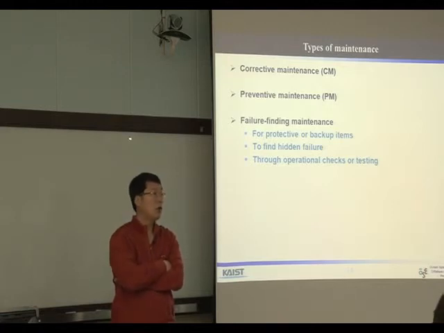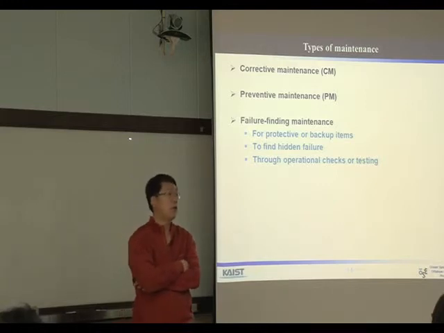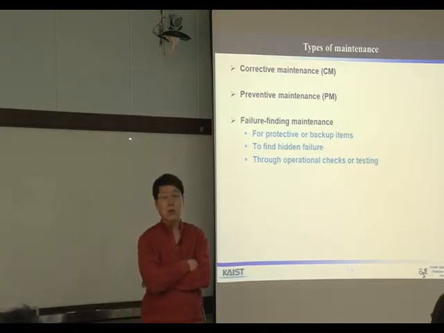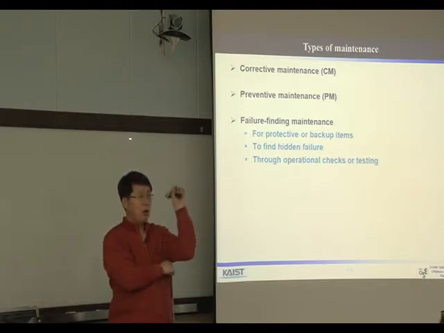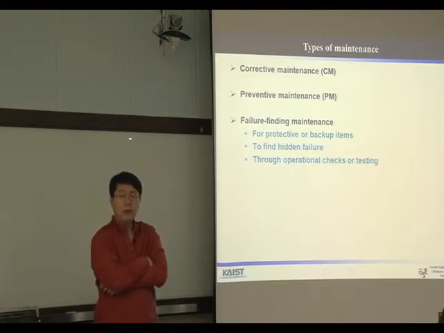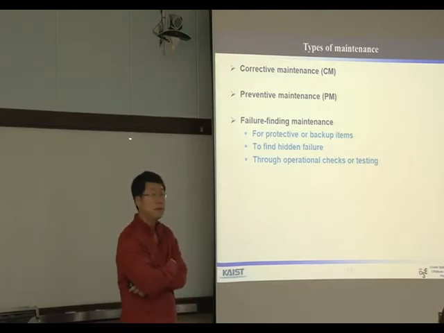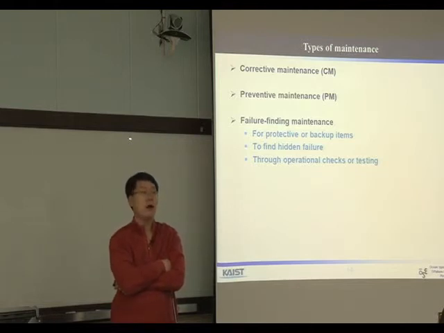We don't know normally if the detectors are functioning correctly or not. So the gas detector may be subject to hidden failure, but we can apply some real gas. We can test. We apply a small amount of real gas to the detectors. This kind of maintenance is called failure finding maintenance. Gas detectors are a small example.